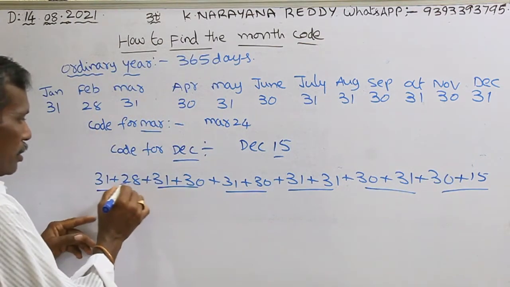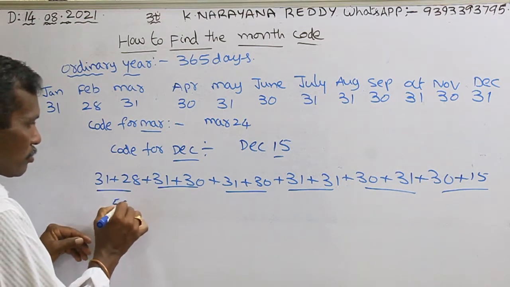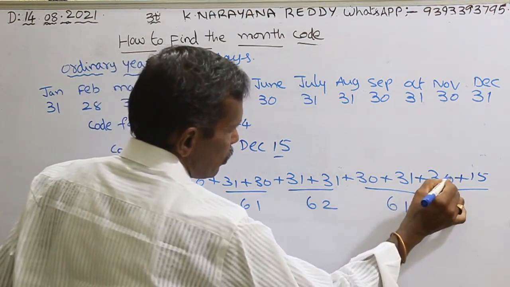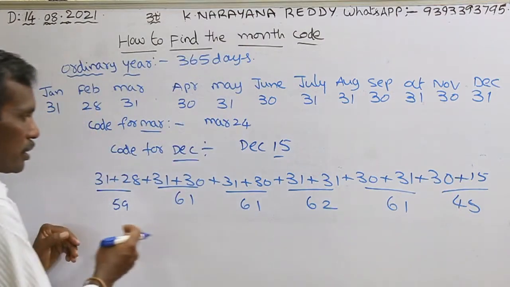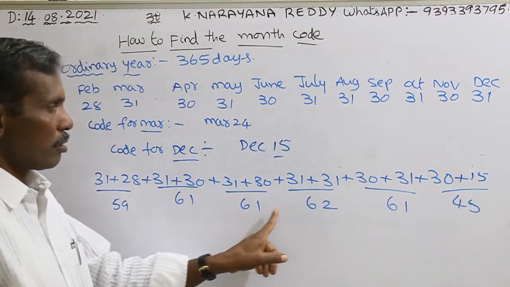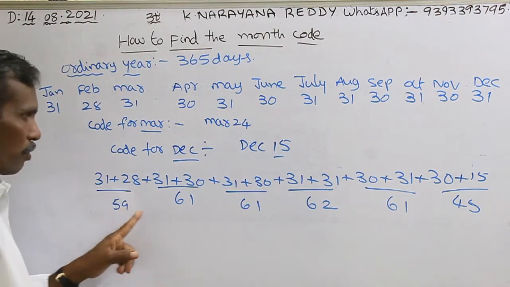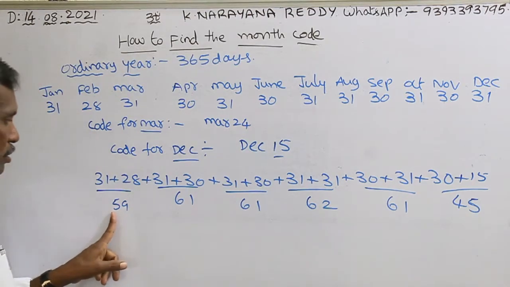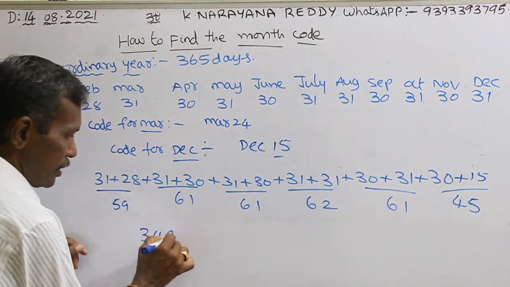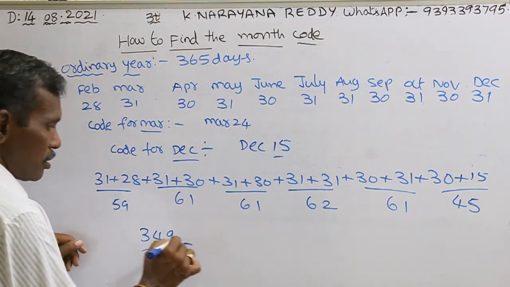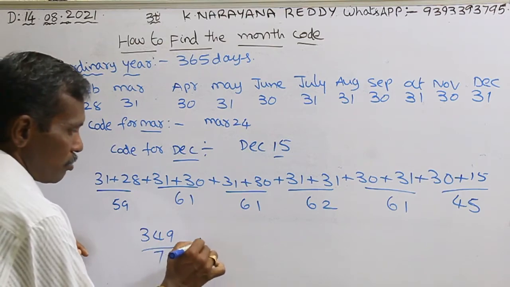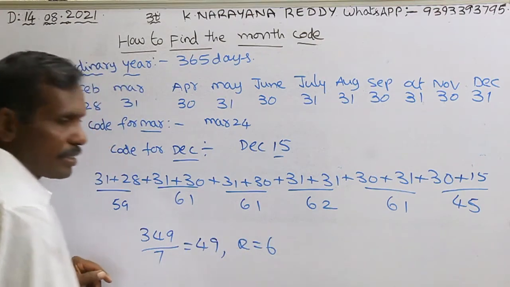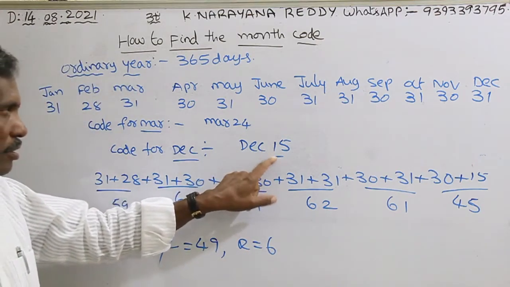Okay. This is 59, 61, 61, 62, 61, 45. Add all these things. 240, 245. Yes? 245. This is 45. 290. 290. 349. 349 by 7. 7 4s are 28. Yes? 6 remains. 7 9s are 63. Remainder is 6. But we want division by,